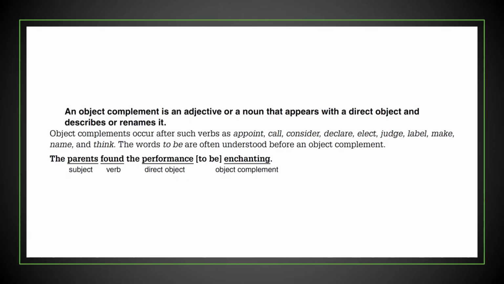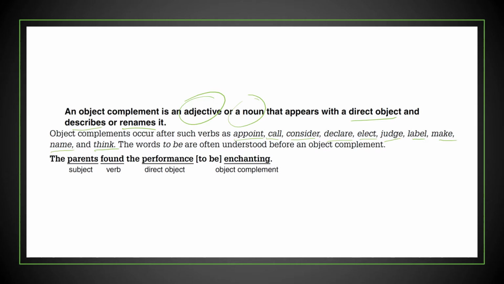So what is an object complement? An object complement is an adjective, let me just circle those words, or a pronoun that appears with a direct object and describes or renames it. Object complements occur after such verbs as appoint, call, consider, declare, elect, judge, labor, make, name, and think, and others,